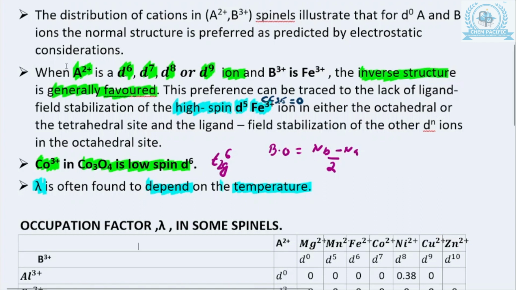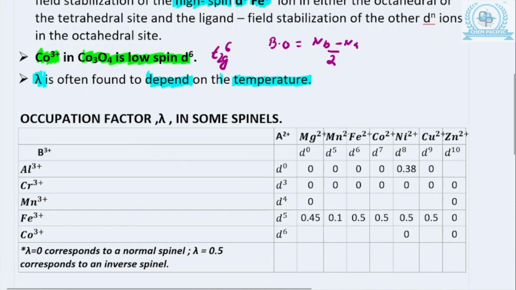तो यहाँ पे देखो, जो कि मैंने आप लोगों को कहा कि Fe3+ जो है, Fe3+ के बारे में मैंने ऑलरेडी आप लोगों को इंफॉर्मेशन दिया है that since ये d5 हाई स्पिन है, ये है आपका d5 हाई स्पिन कॉन्फ़िगरेशन, सो इसका CFSE क्या है? is equal to 0. So mostly जो भी A2 प्लस जो होता है वो इसके साथ क्या करेंगे, वो उसके साथ मोस्टली इनवर्स स्पिनल ही करते हैं।